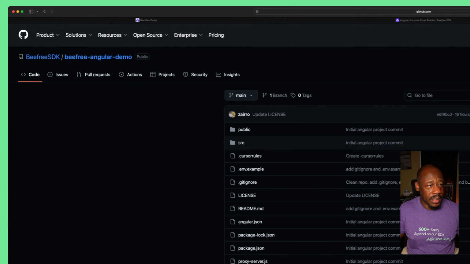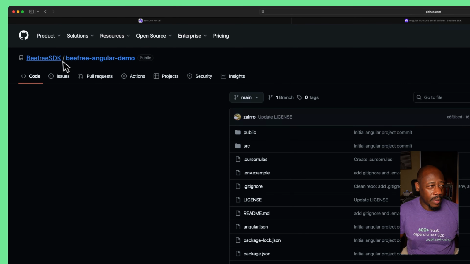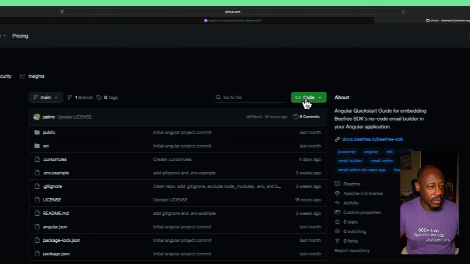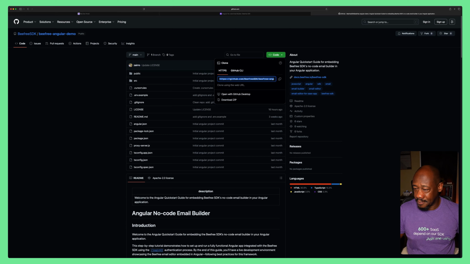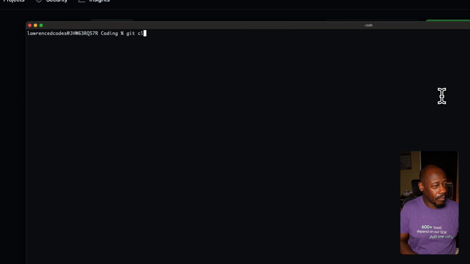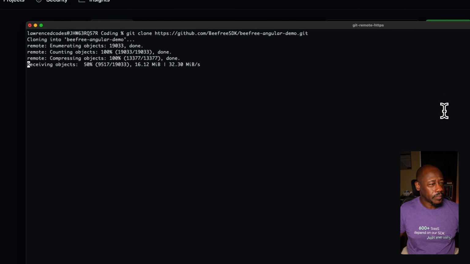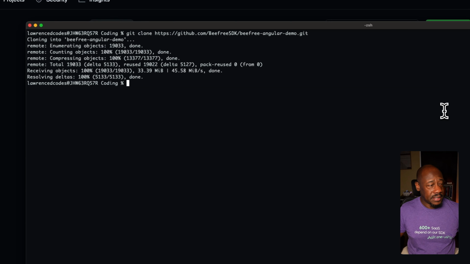So let's navigate to the GitHub repo called Beefree Angular Demo, again within the Beefree SDK account. We'll go ahead and clone that. Once that's downloaded, we'll go ahead and CD into the project. So it should be Beefree Angular Demo. And let's run our install. So npm install